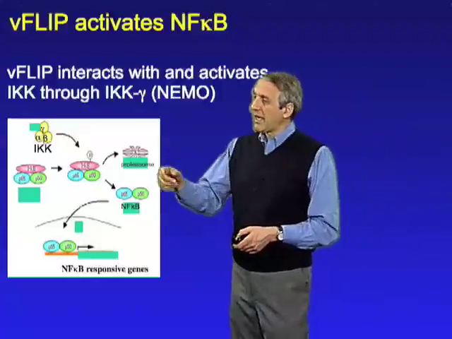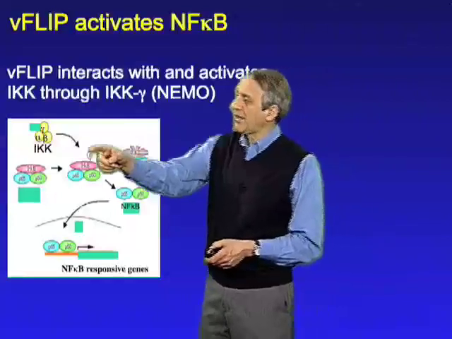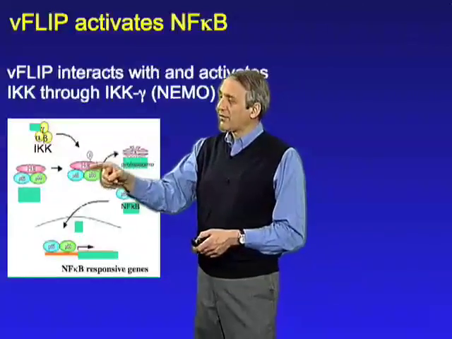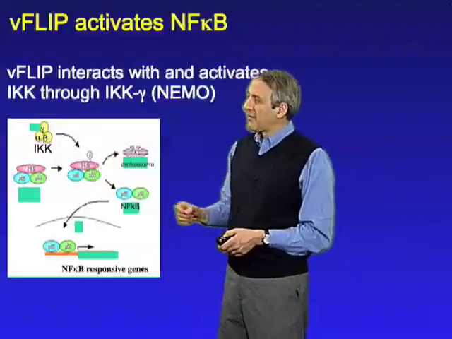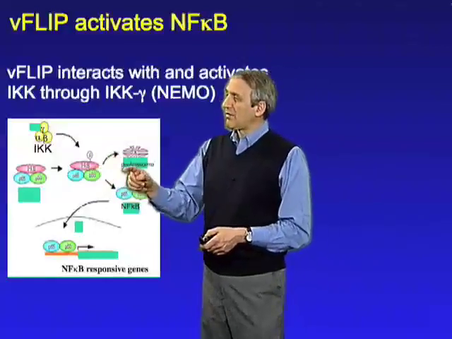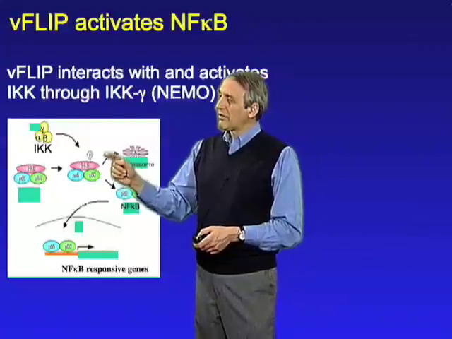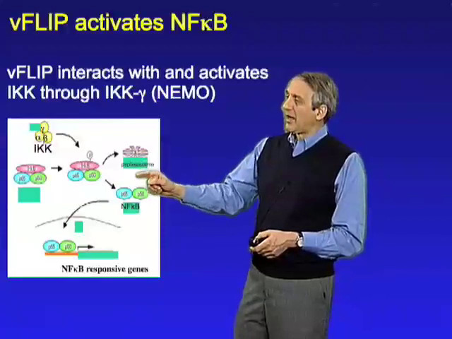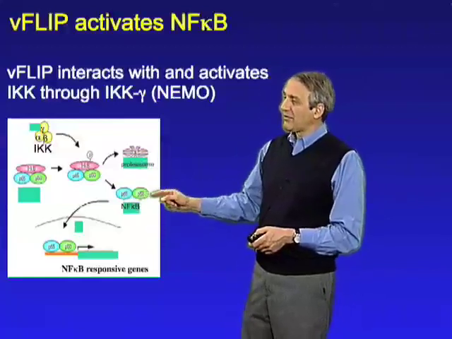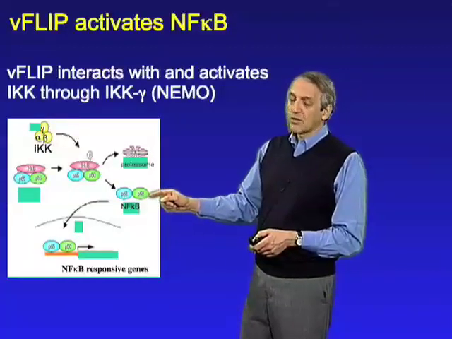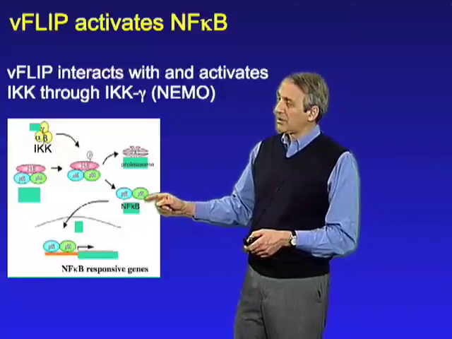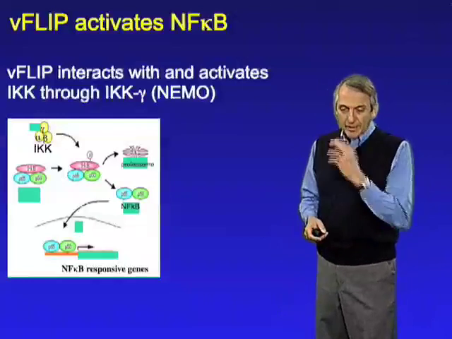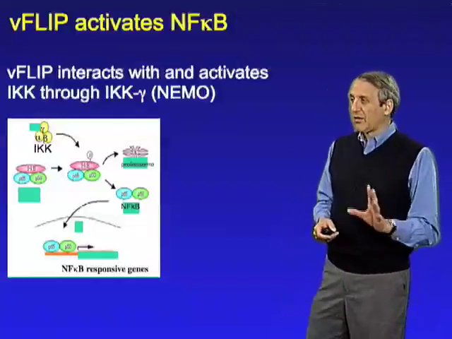It's regulated by a kinase called IKK, which is a heterotrimer of three subunits, alpha, beta, and gamma. IKK phosphorylates I-kappa B, and that phosphorylated form of I-kappa B undergoes degradation in the proteasome. And the loss of I-kappa B allows the release of the active transcription factor, whose nuclear import signals are now available to the cellular machinery, so it can be imported into the nucleus and turn on the promoters of a large